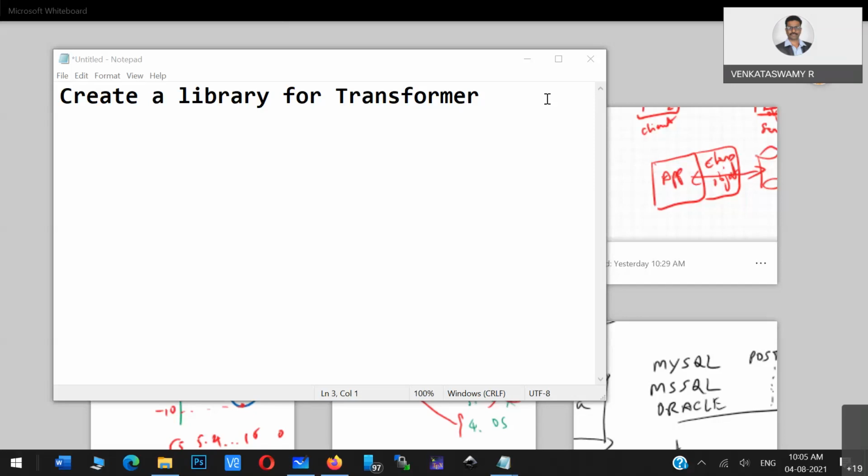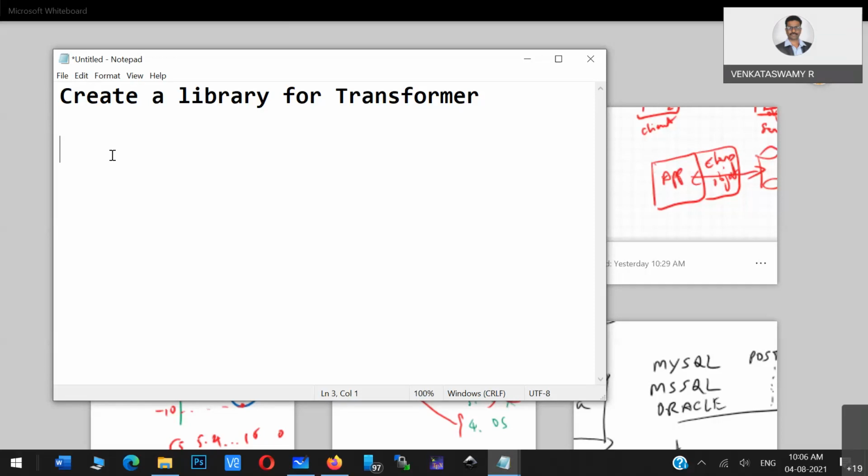Similarly, if you want to calculate the primary side and secondary side voltages for a given specification, then again you have to use some equation. If you see, everything is an equation, some kind of model. Those models you can definitely implement using a program.